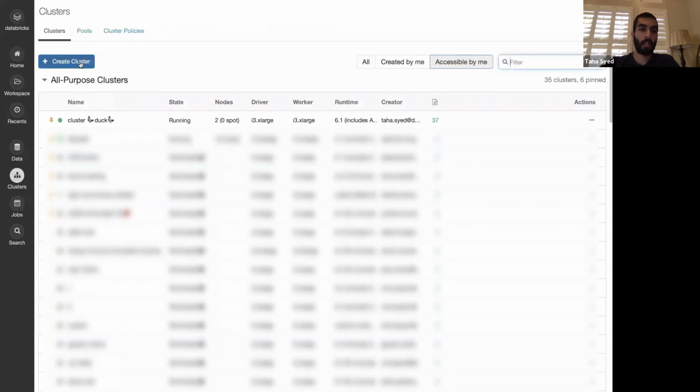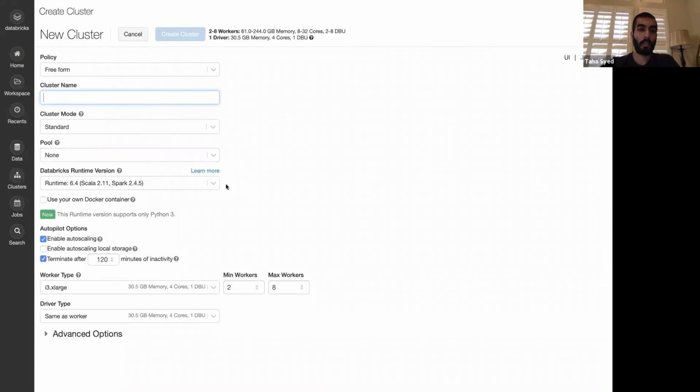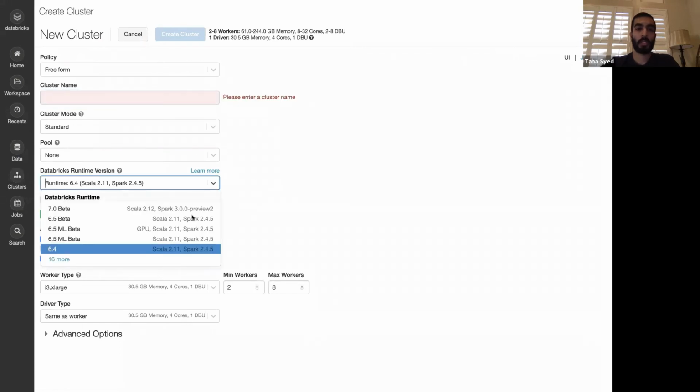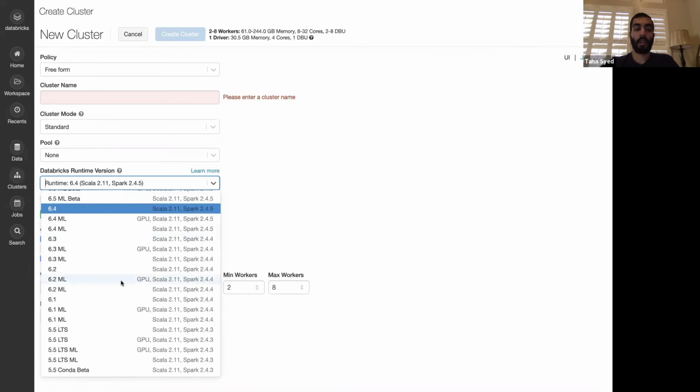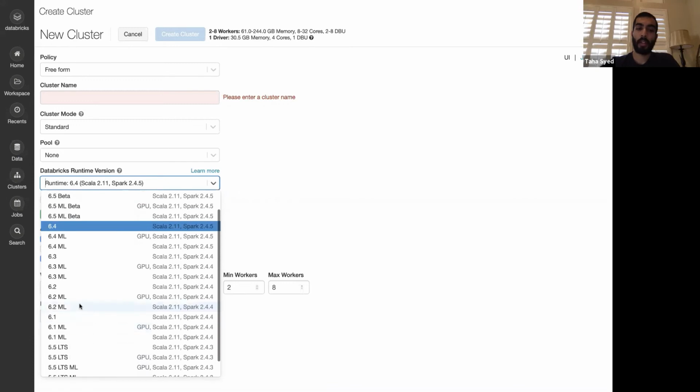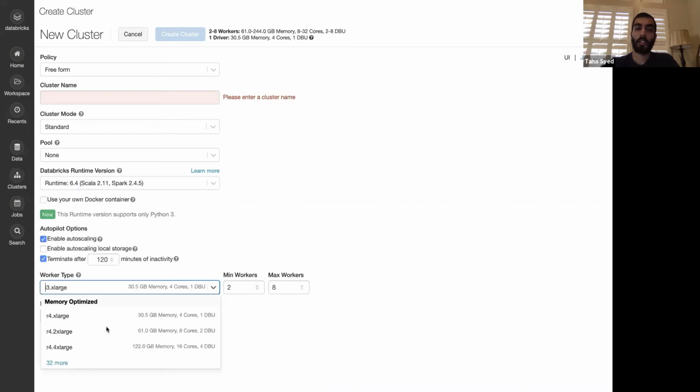I'm going to jump over here and create a cluster, just to give you an idea of what I mean by that. When you're creating a cluster, you'll specify the Databricks runtime that's going to be utilized within that cluster. Here you can see that we have quite a few options going back to 5.5. LTS means long-term support. We'll support those for 2 years, and then an extra year after we've alerted you that we're deprecating it. We have ML variants, which are tuned specifically for machine learning use cases. If you have folks that are trying to use GPU instances